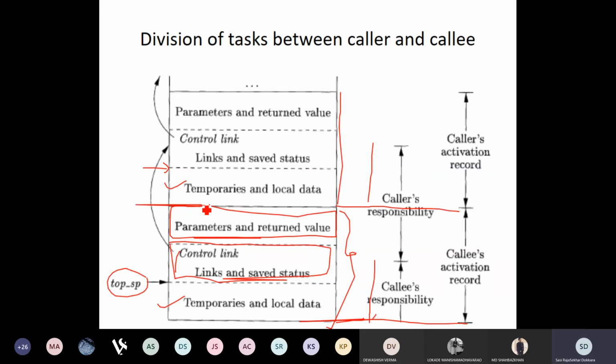The caller is going to keep its parameters at this location, and the return values from the callee are also going to be kept in this location, and they are going to be exchanged. This is the way the division of tasks between caller and callee happens.